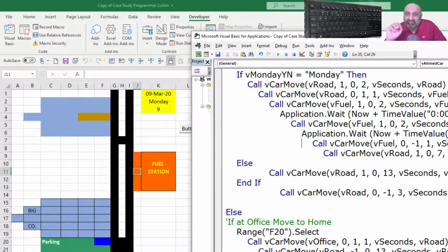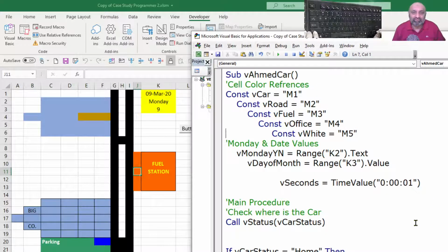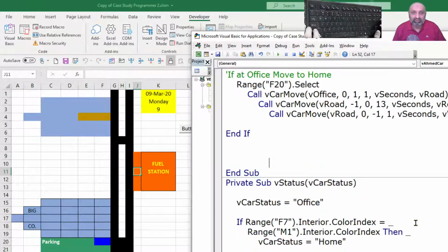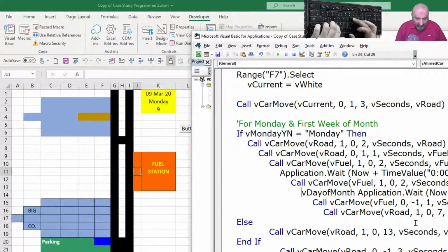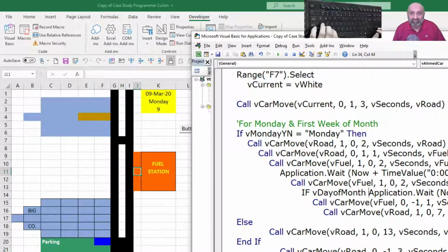But these extra 3 seconds at the tire shop will be done only when it is the first week of the Monday. So how will we know that this is the first week of the Monday? From VDayOfMonth. Let's say if VDayOfMonth is less than or equal to 7, then there will be an extra stay.